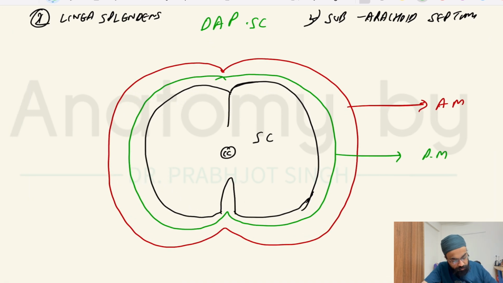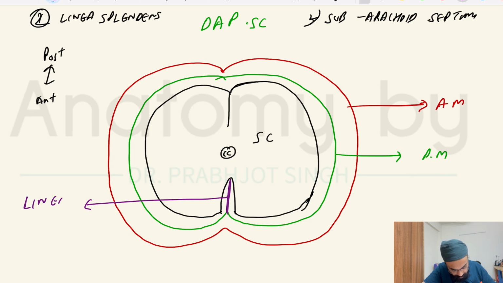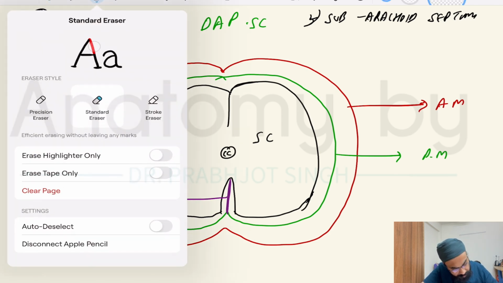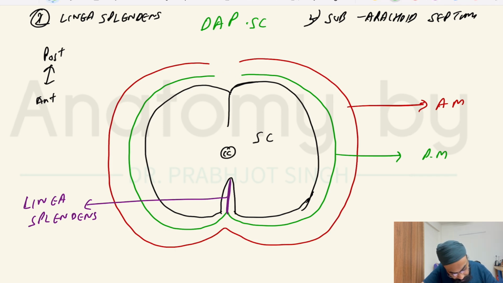So linea splendens, if I have to draw the anterior and posterior, this is anterior and this is posterior. Is it clear? The linea splendens is present anteriorly and it extends till pia mater. This is the linea splendens. And the subarachnoid septa extends from the posterior aspect. Just a sec, let me make some improvements so that you can understand it better. Okay, the subarachnoid septum is like this. It extends from the arachnoid mater to the spinal cord, but it is fenestrated at the level